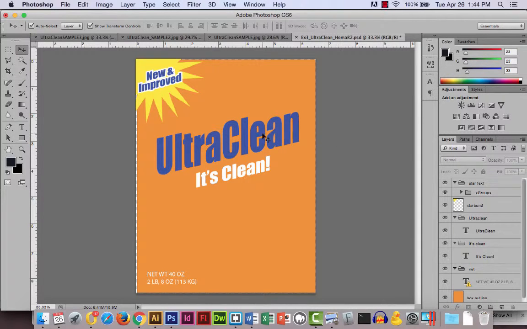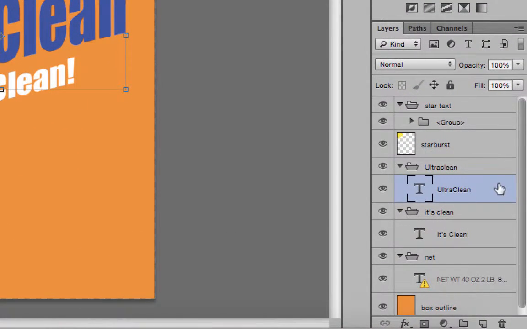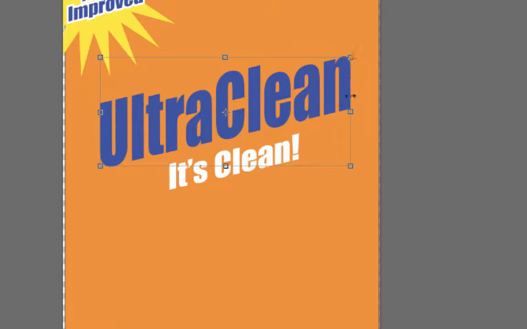Now, one thing I'm going to do first, with my ultra clean layer, remember these all came in on their own layers, and you might see some extra folders and things like that if you're using text. Since I'm going to put a double line, a thin line around this and then a bigger line around it, to make the bigger line, instead of just using a stroke,